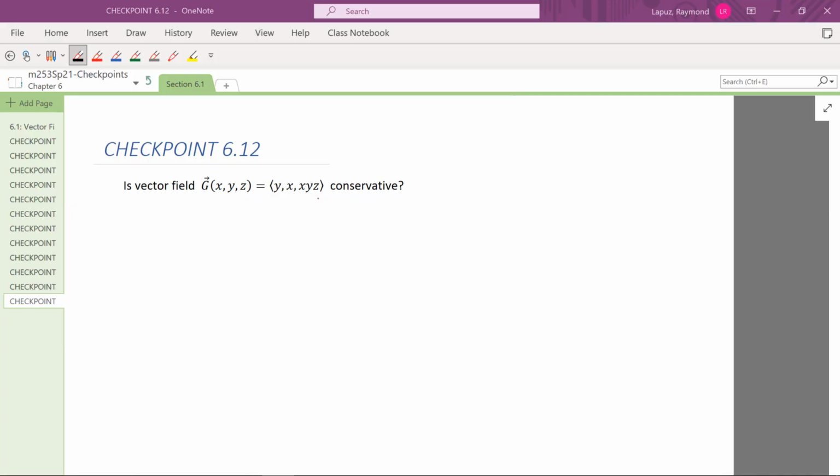There is a theorem called the cross-partial property of conservative vector fields that tells us that if we have a vector field G, which is equal to three functions in each of these components, some P function, a Q function, and an R function, these are functions of three variables, this is conservative